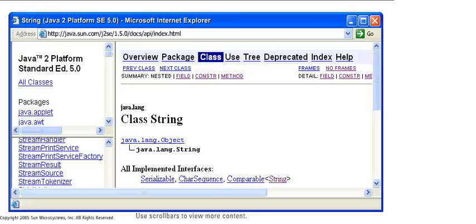Now, there's a lot of information that gets displayed for a class. You get the package that the class is in and the class name. So, for instance, we're showing you the string class from the java.lang package. You also see what classes that class is inherited from. So in this case, the string class is inherited from java.lang.object. We haven't talked about inheritance yet, but we will. We also see the interfaces that are implemented by this class. Again, we haven't talked about interfaces. We also get a description of how to use this class. And you'll get a listing of the constructors of the class, the methods of the class, and any attributes of